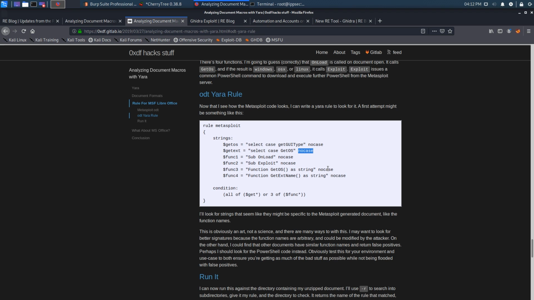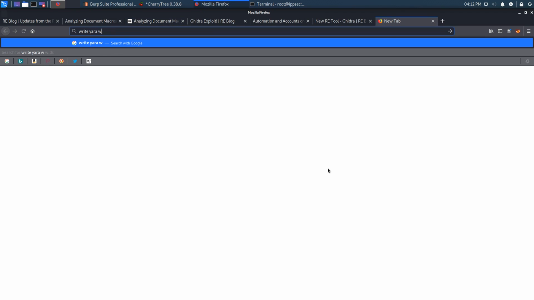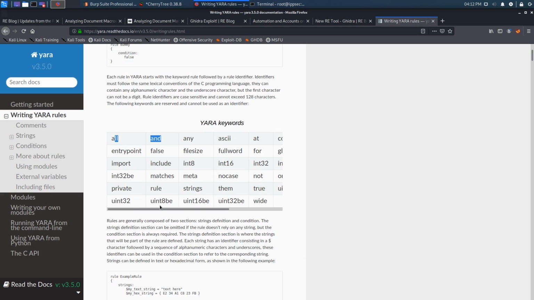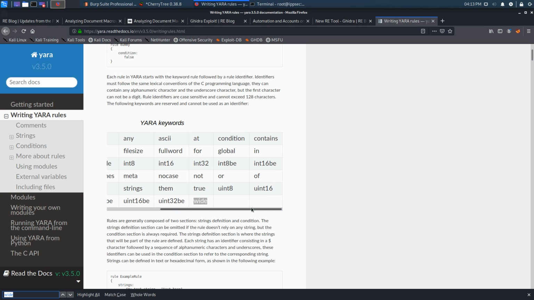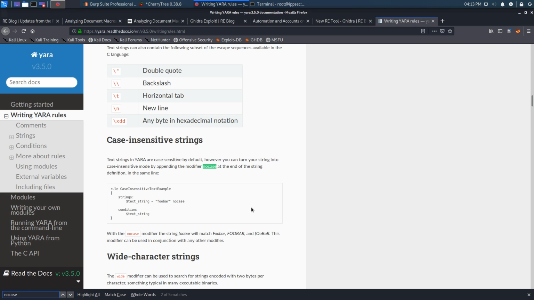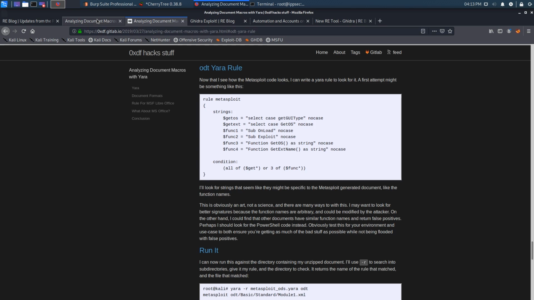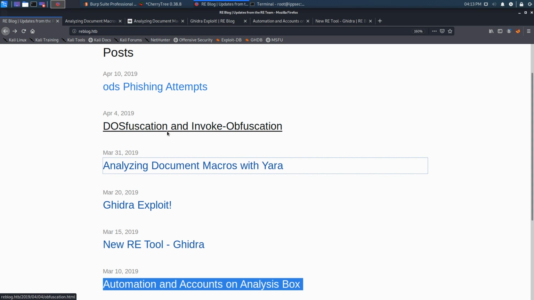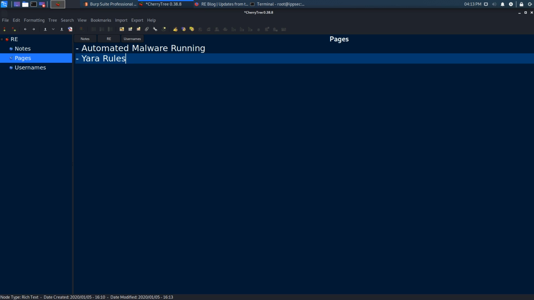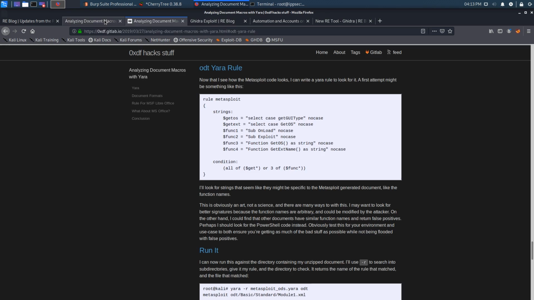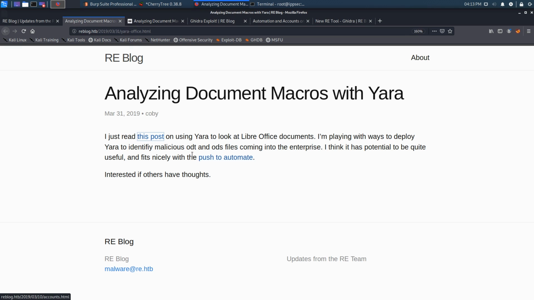There's other tags, so if you Google write Yara rules, you can see all the tags. Here are the keywords: all, no case, wide, etc. So definitely check this out. If you just search no case, you can see no case means case insensitive strings. So definitely should look into writing Yara rules. We can put a note here: pages, automated malware running, Yara rules, and this blog post is also saying